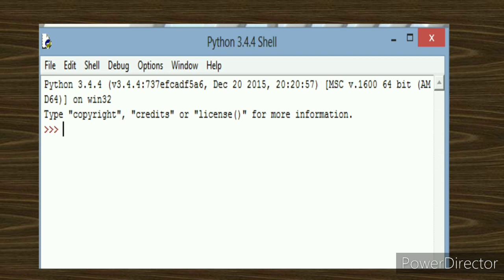That means it looks like a Python command, but you don't have to type it out over there. But you can: if you type any command after the triple arrow, it will work like a command prompt. But if you click on file and go to new window, it will work like a complete program. So whatever options you want to choose, you can choose.